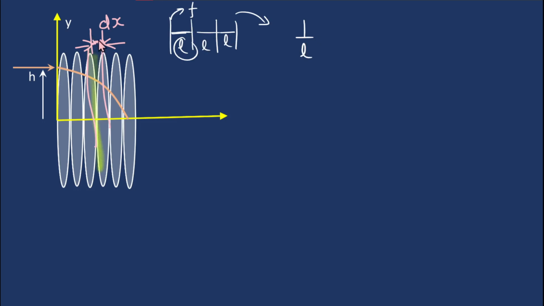So how many lenses will be in this small length of dx, right? In the small length of dx, the number of lenses, let's call that dn, is going to be 1 by l multiplied by the length of this part, that is dx, 1 by l into dx. This is going to be the number of lenses. And if I am just considering this dx part here, the equivalent focal length of the combination of lenses just between this dx, how much will that be?